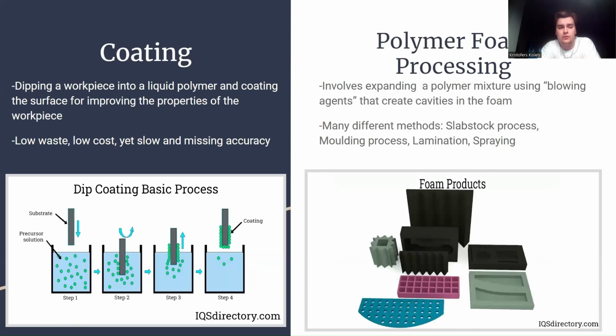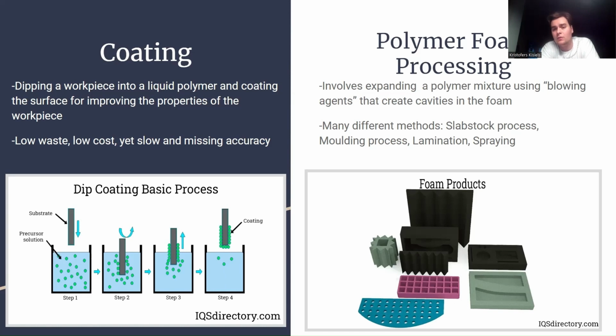Another plastic manufacturing process is coating, which involves dipping either a workpiece or a specific part into a liquid polymer that can create a coating for, let's say, a hammer or a softer handle. It is a low waste, low cost manufacturing method, yet it is slow due to the curing, and it also lacks accuracy. And there's also polymer foam processing, where a